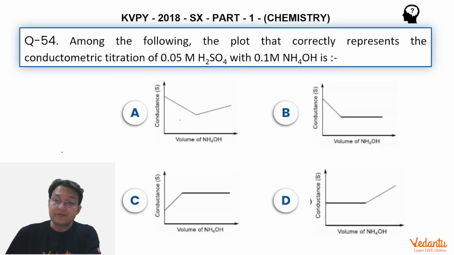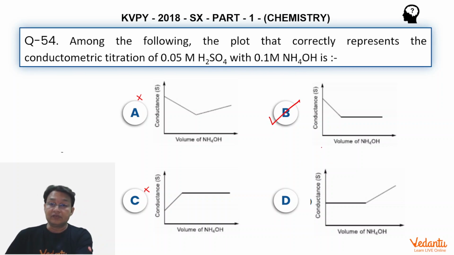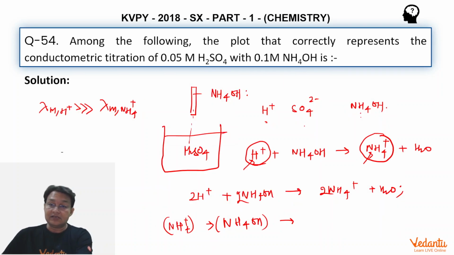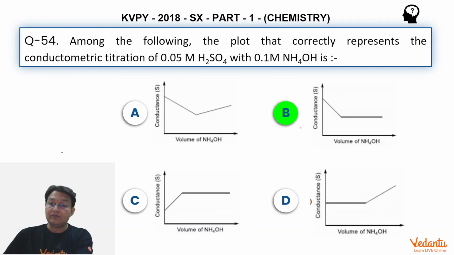If you look at the options, the first option is of course absolutely wrong. The second option is also absolutely wrong. So we are left with only one option, that is C. All other options are distinctly wrong. So there is no question of any confusion. Answer is C. I hope that you understand this problem.